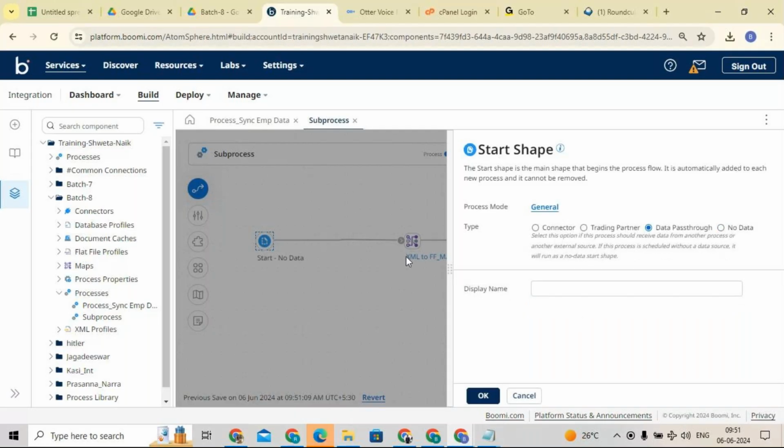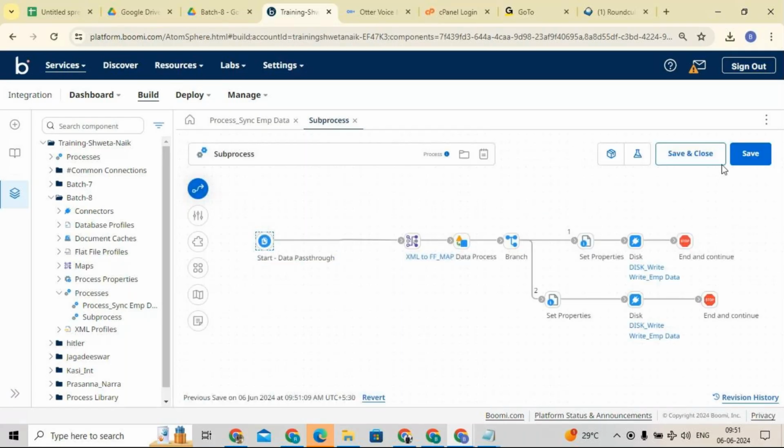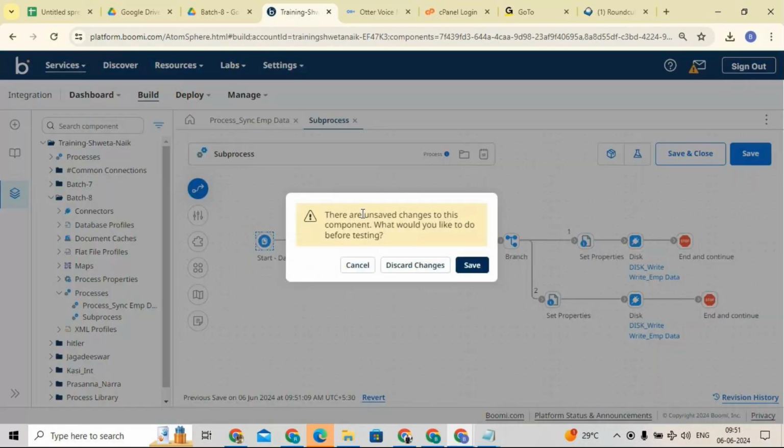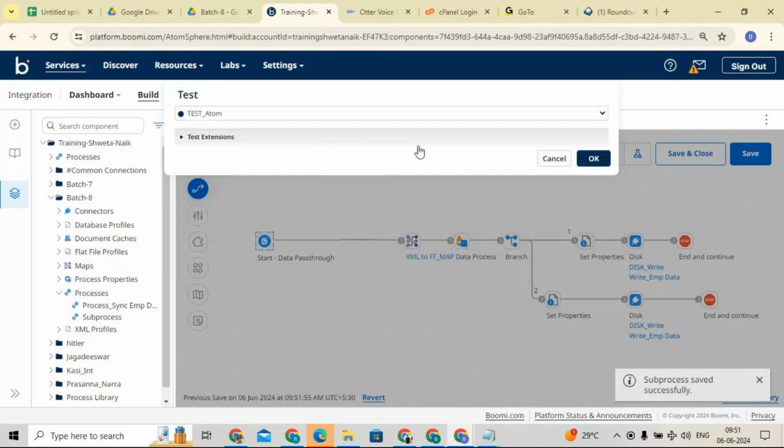Now if you change this start shape with no data type, it becomes a brand new shape. There is no connectivity from the main process to the sub process when we check this no data type. Now here it is a data pass through. If you want to test it from here also, you can do testing directly,